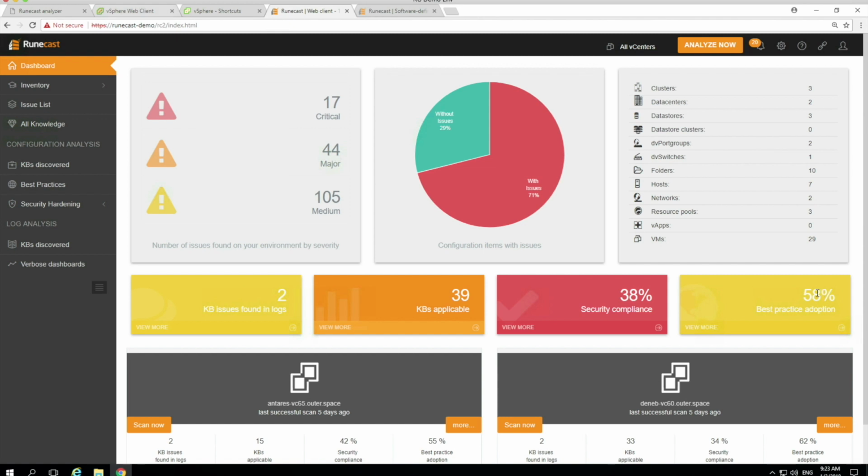Just to look at the anatomy of the product in terms of its functionality. You've got 2 key areas, the configuration analysis and the log analysis. The configuration analysis is going out through the vSphere APIs, taking a snapshot of your vCenter or vCenters, correlating them back to a codified set of rules which exist in the repository, represent the important points of truth that we've got there with the KB's, best practice and security hardening profiles.